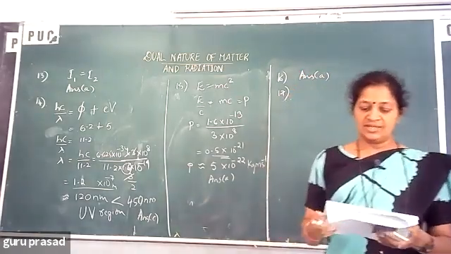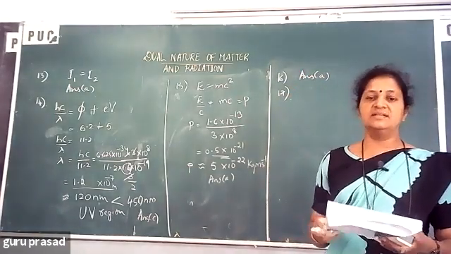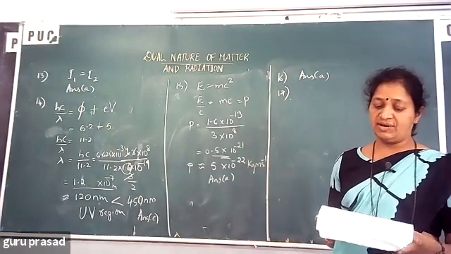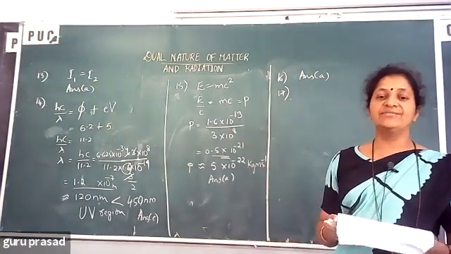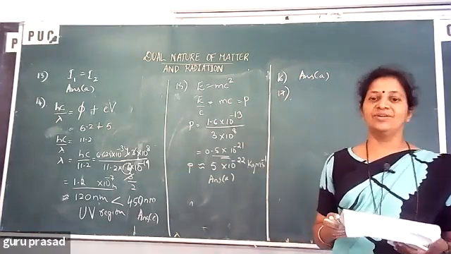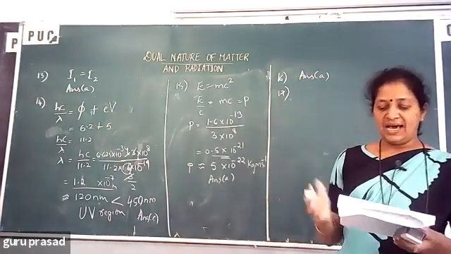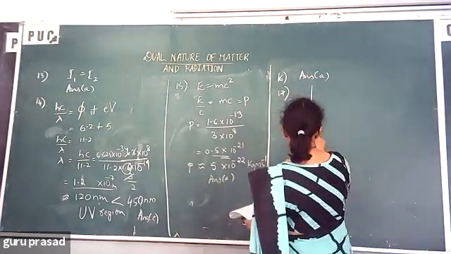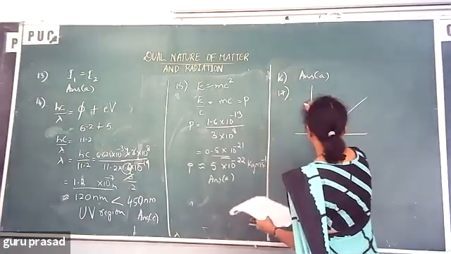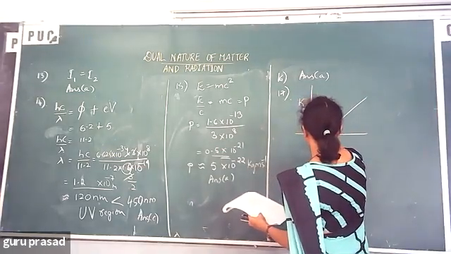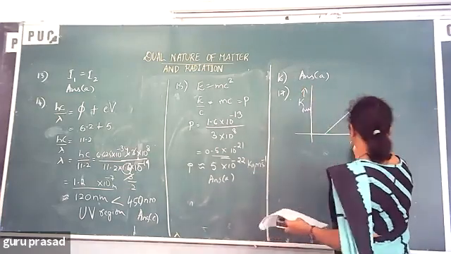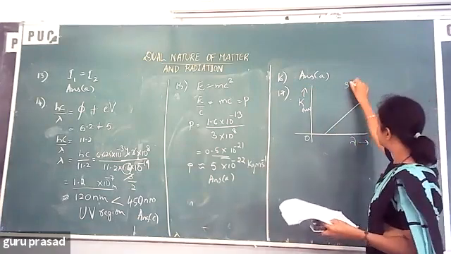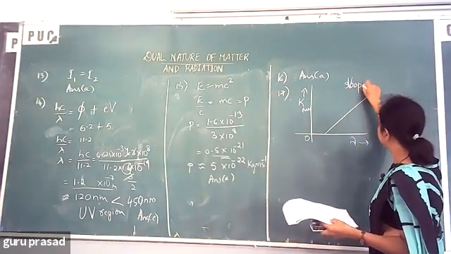Next, 17th. The graphs of 3 metals are represented by A, B and C one by one. Maximum kinetic energy versus frequency graph is plotted for these. Which is the correct graph? Of course, you take only one metal and it's more than enough, and all should be similar, like this. It is the maximum kinetic energy versus frequency graph, okay?